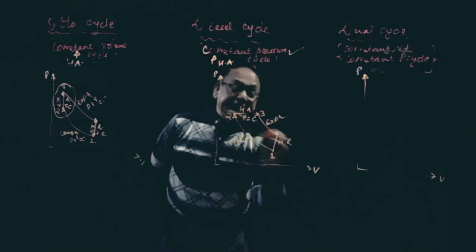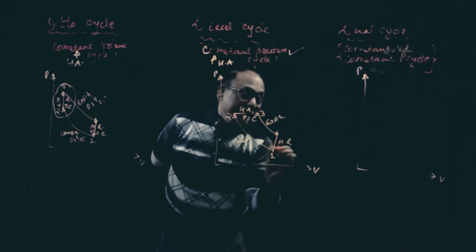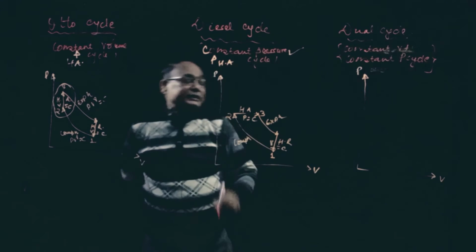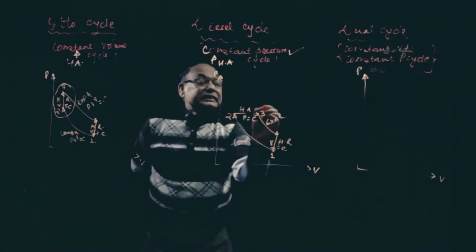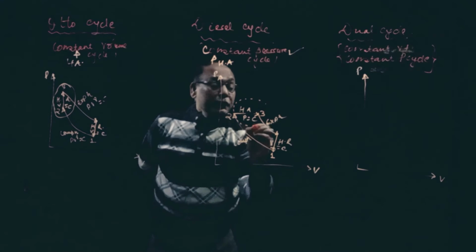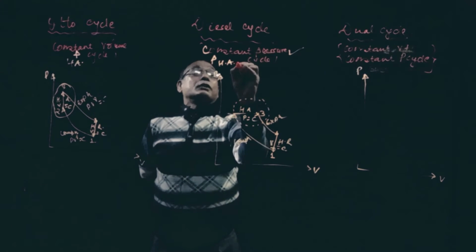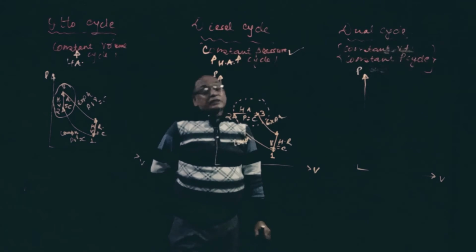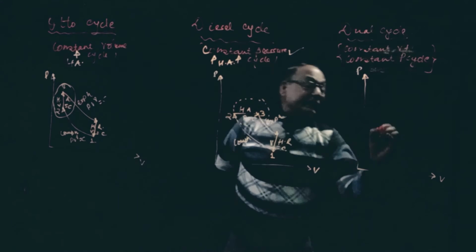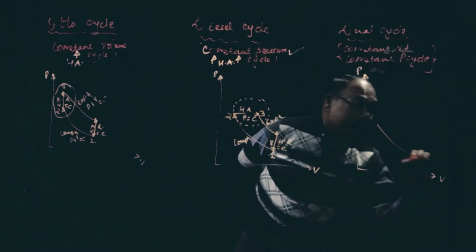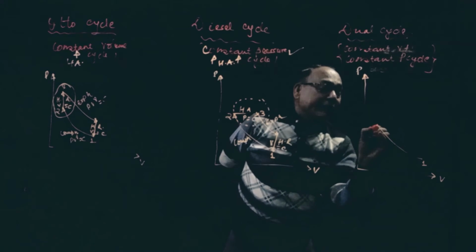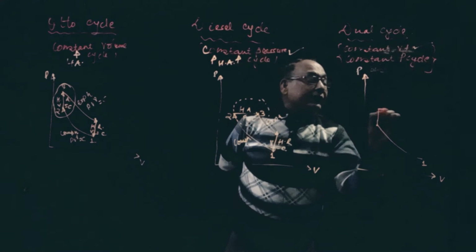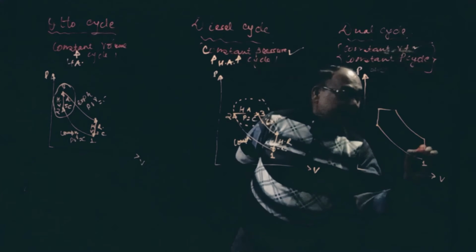Okay, heat rejection. See, heat addition at pressure constant, heat rejection at volume constant. So cycle is thus repeated. Okay, cycle reaches its original condition. So here, see why it is called constant pressure cycle? Because heat addition takes place at constant pressure. That's why the other name for diesel cycle is constant pressure cycle. Now here it is the combination, here also compression 1 to 2, okay. Then combination, constant volume like this, then constant pressure, expansion, then like this.